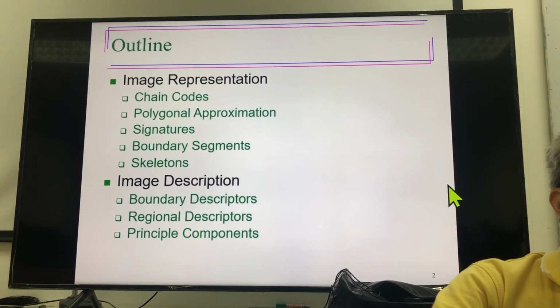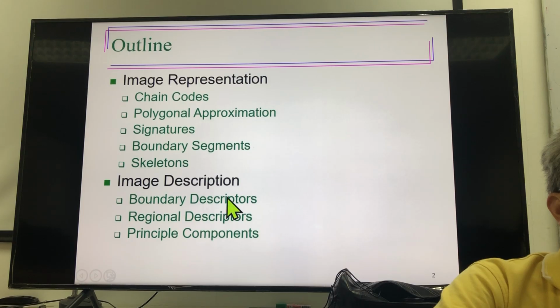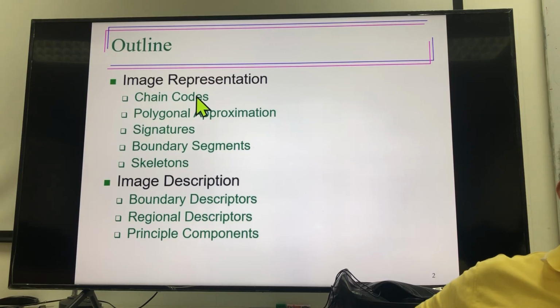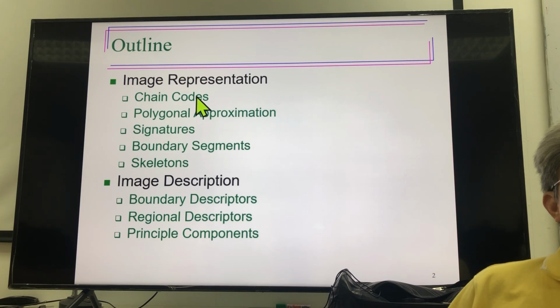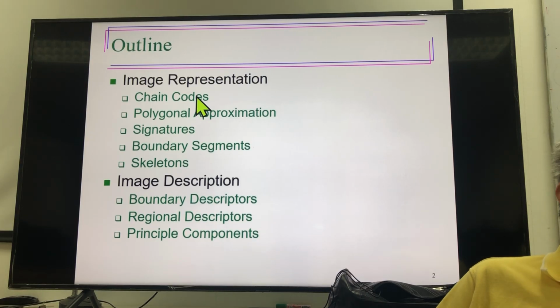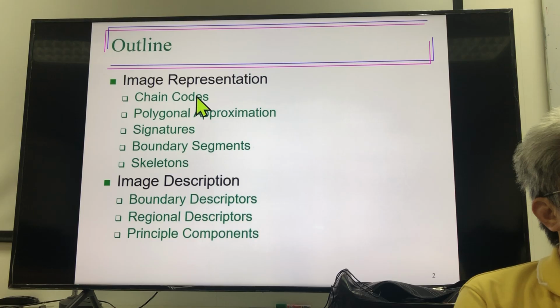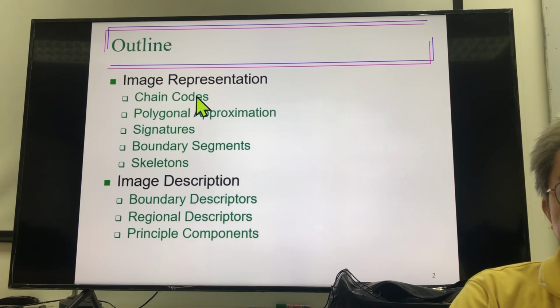Here are some of the representations and some descriptors. There are two kinds of descriptors: the boundary descriptors and regional descriptors. But this is just some of the basic ones. Nowadays there are more and more advanced ways to describe objects, usually done by statistics. Anyway,